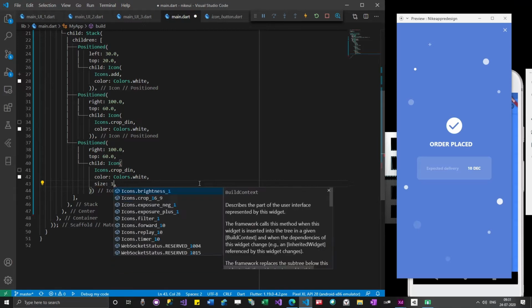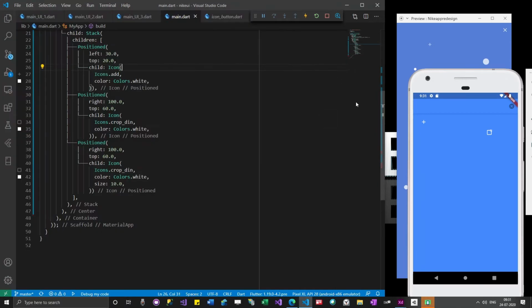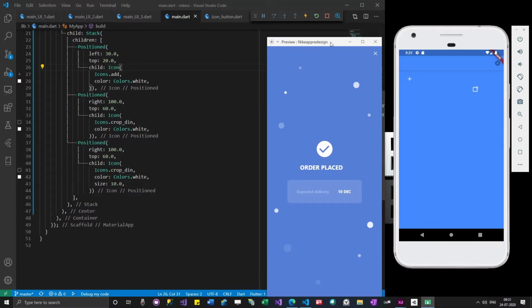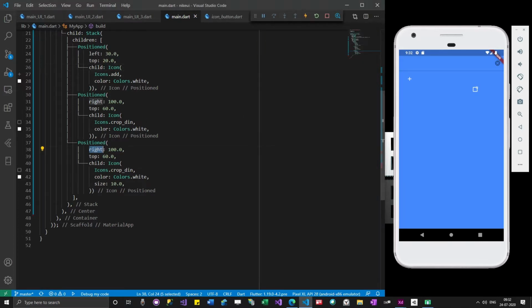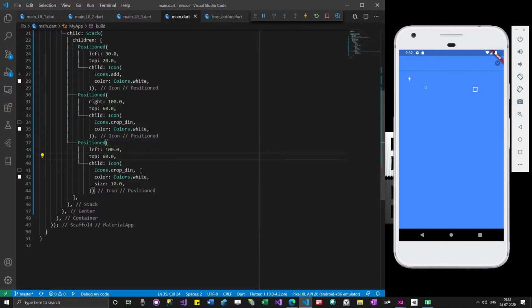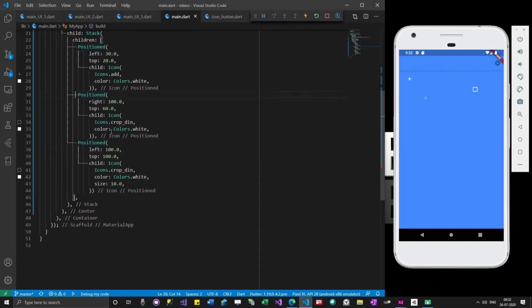Size 10.0. Okay, let me give left, and then top maybe 100. Okay, let me give more of this.